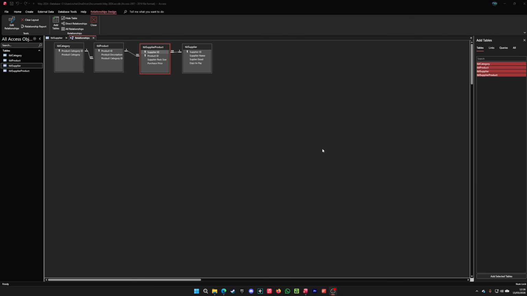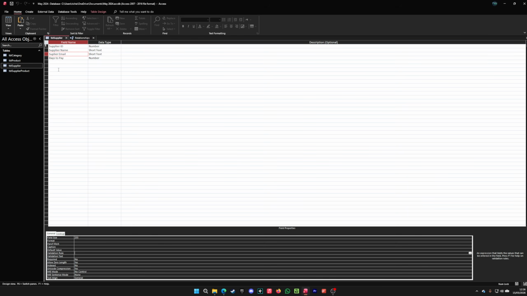Okay, so for this video, we're going to look at activity 2, which is where we're going to start doing the validation. So we'll assume at this point you've got your 4 tables set up, your data types are set, and you've created your relationships between each table. So it should look something like this. If I jump to my supplier table ready, because that's where we're going to do the first bit of validation,